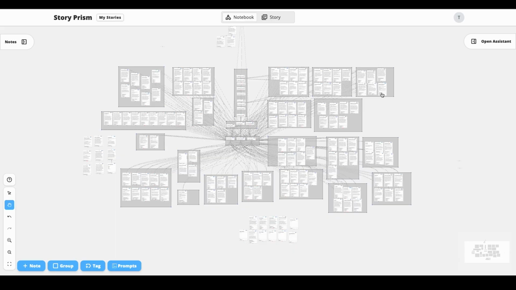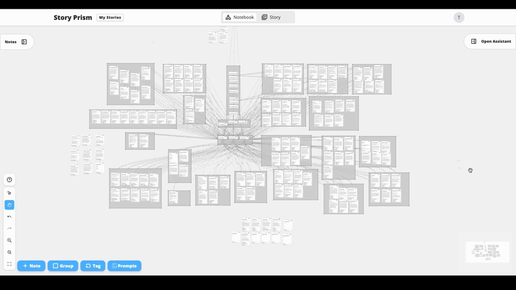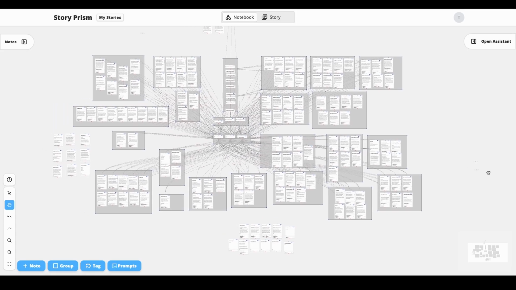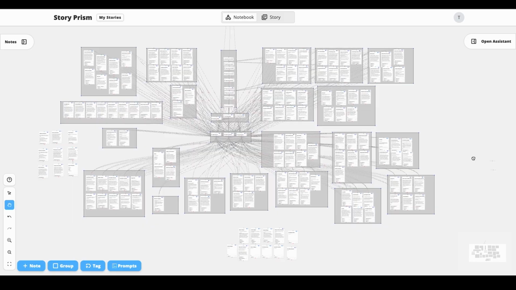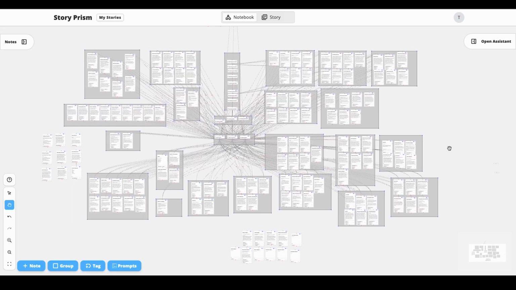I just wanted to show you something that I've been working on for probably the better part of maybe two, three weeks. It took me that long to construct this. What you are looking at is an entire world. It's a story world that I made called Viridian that's really more like a massive cyberpunk city.